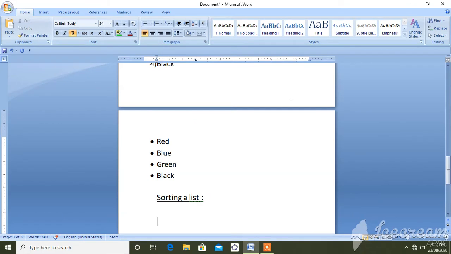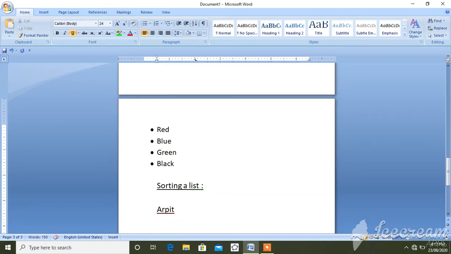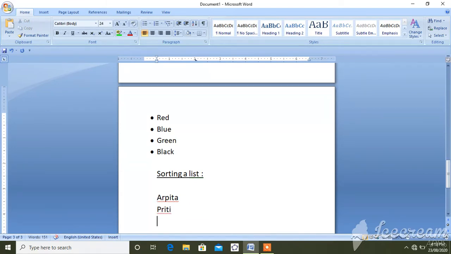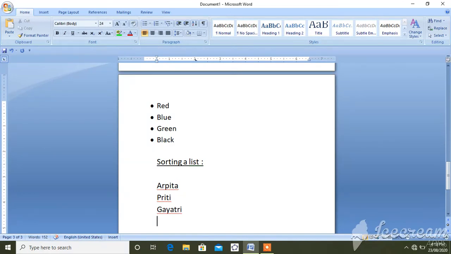Now the last point, we will learn sorting a list. Suppose there is a list of students. The first one is Arpita, then Preeti, Gayatri, Sonali.